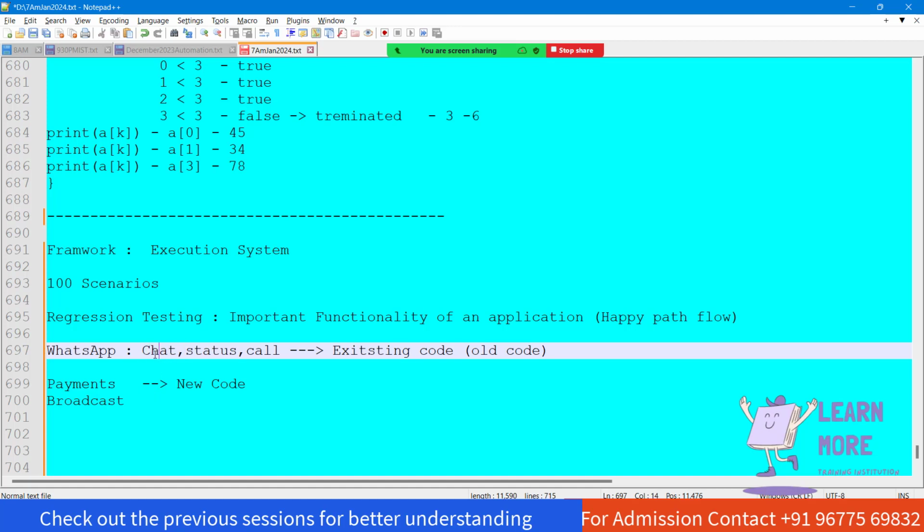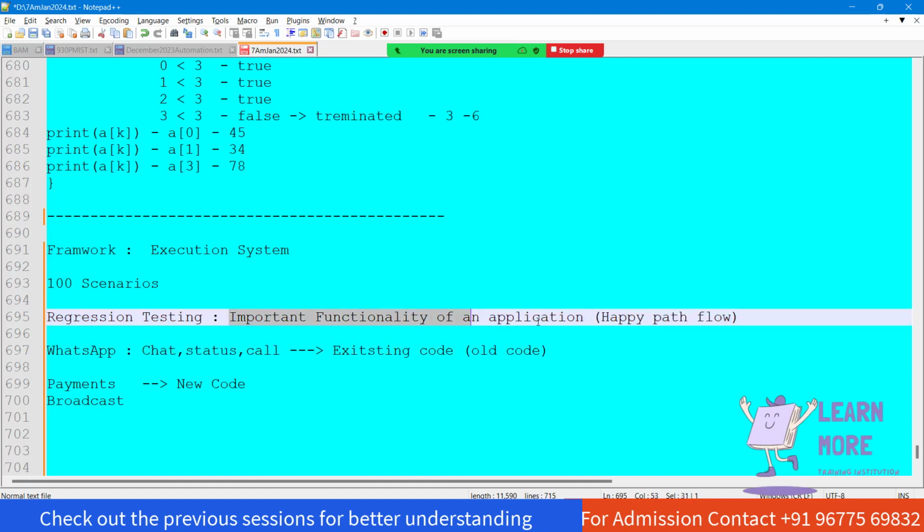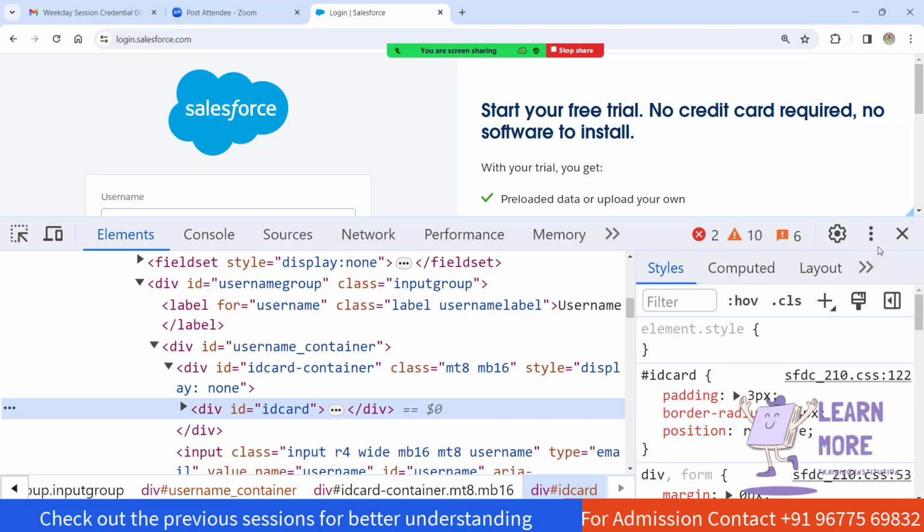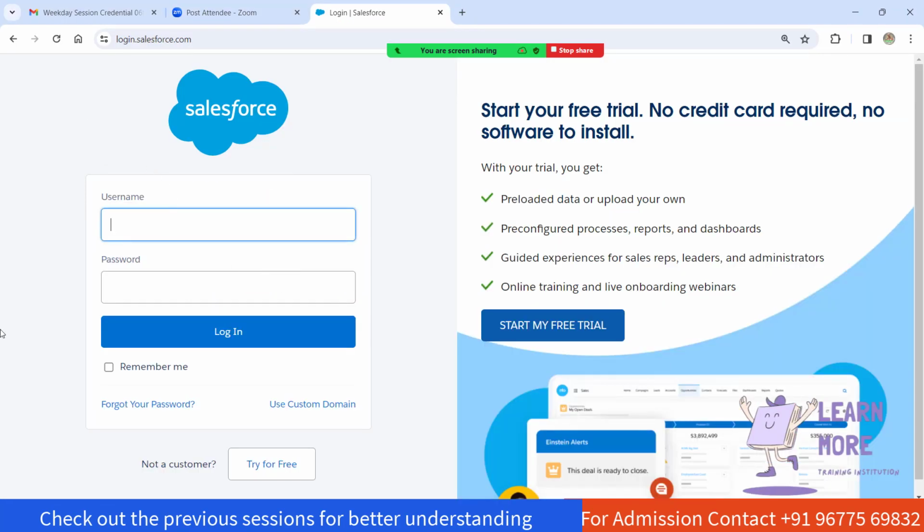In each and every application, we will have important functionality. We call it the happy path flow, and we will automate only the happy path flow. Happy path flow means, even if you take the Salesforce application and test the login page, you may derive a number of scenarios. Whatever the possible scenarios we can derive,